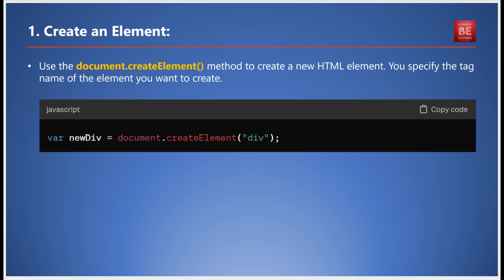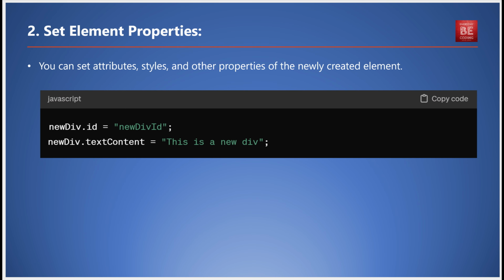Now that the element is created, it's time to set its properties. You can set attributes, styles, and other properties of the newly created element. For example, you can assign an ID to your new div and set its text content like so: newDiv.id = 'newDivId'. newDiv.textContent = 'This is a new div'. Great! Now you have a new div with an ID and some text content, but it's still not visible on